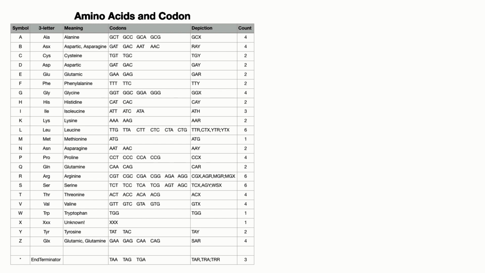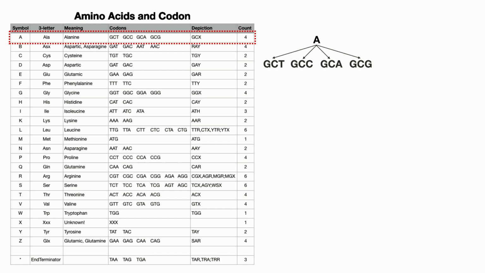These codons are triplets of bases in DNA that encode for that particular amino acid. So let's say we take alanine. Alanine has 4 codons: GCT, GCC, GCA and GCG. Here we've got one amino acid and it can give 4 different DNA molecules. So here we would say the degeneracy is 4.